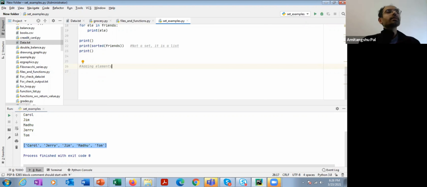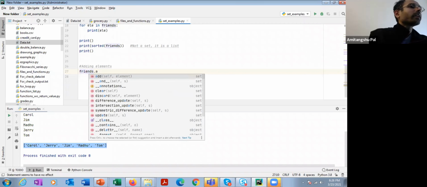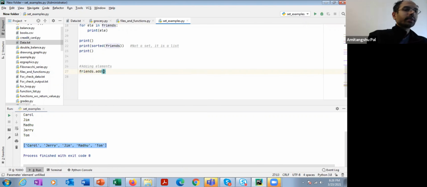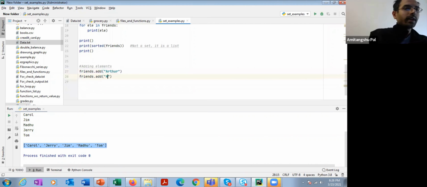But in the context of set, the order is not important. So it doesn't matter whether it is getting added at the end or in the middle. These are irrelevant, right? So in this case, suppose I want to add one element, I can use the add function, friends.add. And here I can add, say, one friend called Arthur. Suppose I want to add another friend, Alice, something like that.